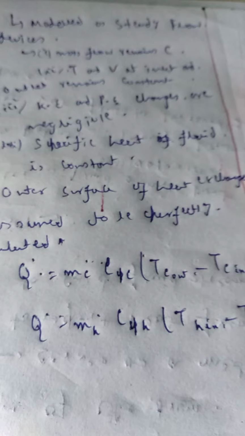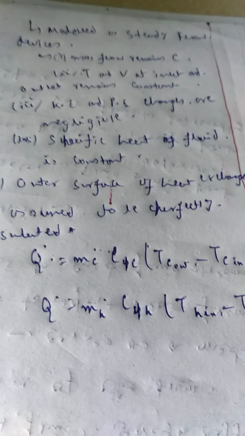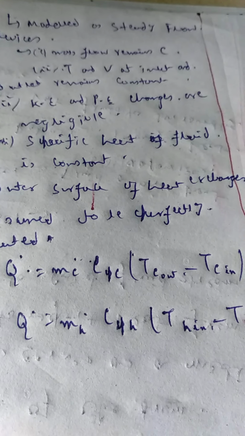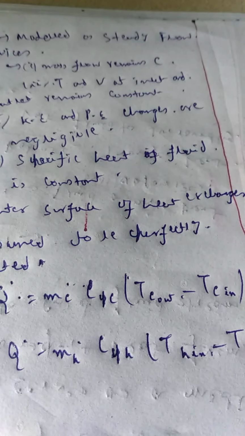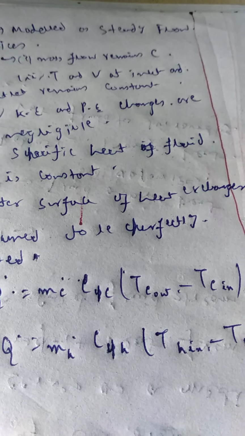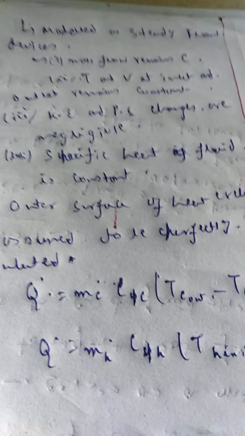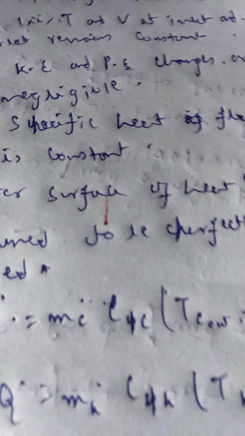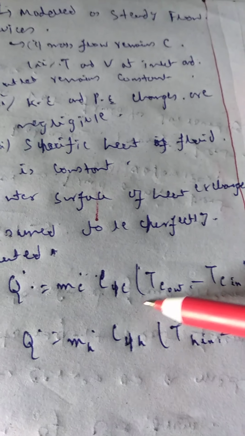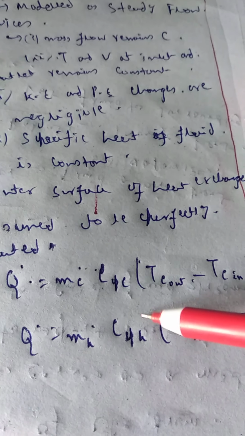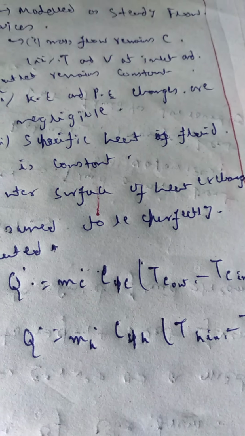So today we'll continue with the discussion on analysis of heat exchangers, which we have already been discussing. See over here that the hot fluid and the cold fluid lose and gain heat respectively in equal amount. This is the heat gained by the cold fluid, and this amount of heat is lost by the hot fluid, assuming that there is no heat loss.